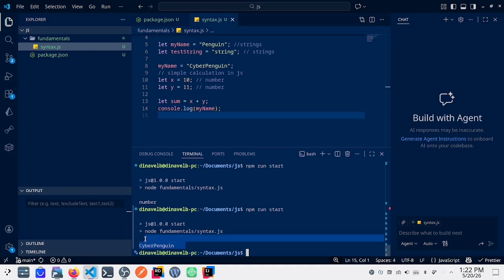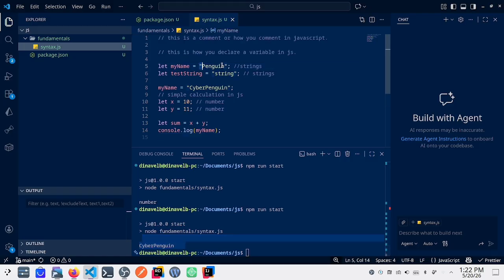Okay, so here from penguin it changed to cyber penguin because it has the let keyword, which means it can be redeclared again with a new value, which we have here. So it changes.